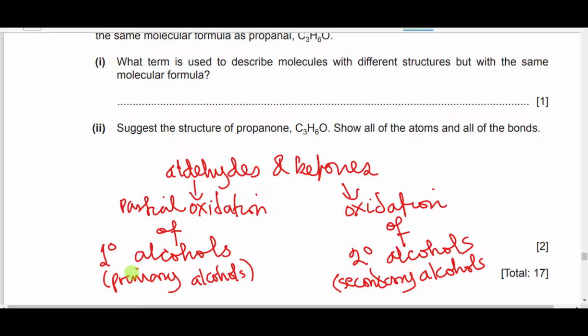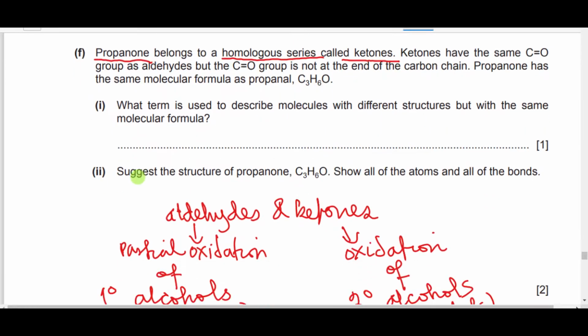alcohols, right? So the question says ketones have the same carbonyl group as aldehydes, but the carbonyl group is not at the end of the carbon chain, right? Remember, we are told that aldehydes have their carbonyl group at the end, which means that is R C double bond OH. But ketones now have theirs not at the end, which means something like this, C double bond O and R prime. It is in between two alkyl